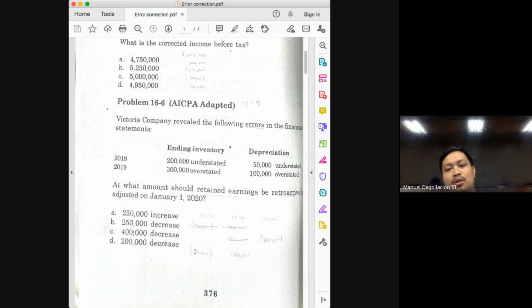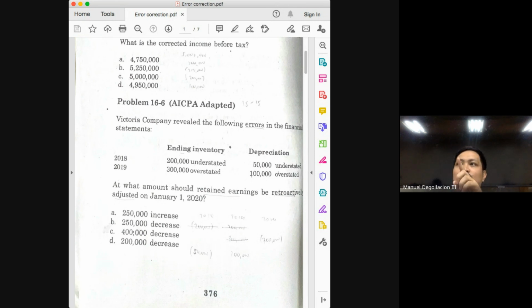So 2018, what happened in 2018? Ending inventory is understated. Now you will have to go back. And many students would get this wrong because the analysis is quite long, class. So if ending inventory is understated, class, meaning the amount that you deducted from the TGAS is lower than what it should be, what then would be its effect on your cost of goods sold? Again, if ending inventory is understated, what will be its effect on your cost of goods sold? If you're deducting a lesser amount, then that means your cost of goods sold would be overstated.